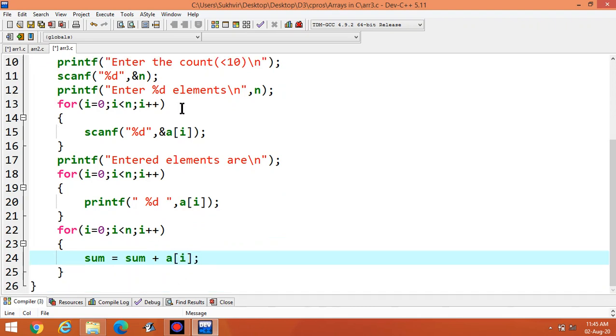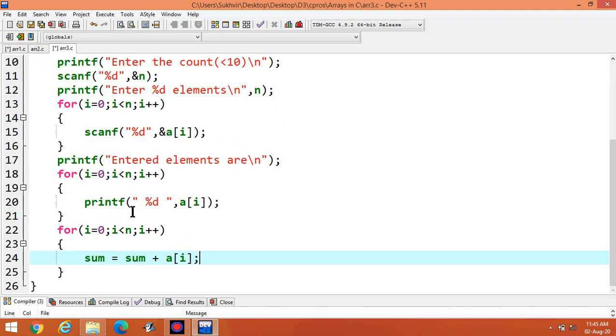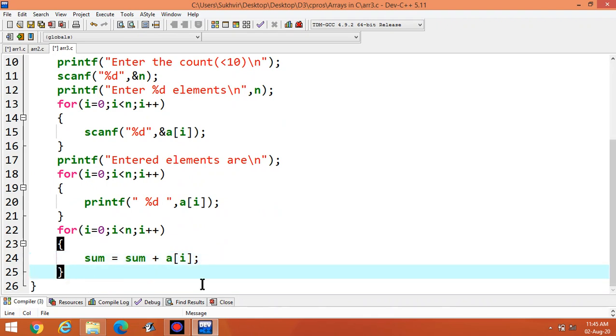In first step, the sum is equal to 0. It means here sum is equal to 0 plus first element. Then sum will become the addition of 0 and first element. Then again we can add the second element, then third element and so on. 0 to n minus 1 means if there are 5 elements, it means 0 to 4. Up to the 4th location we can add all the elements.